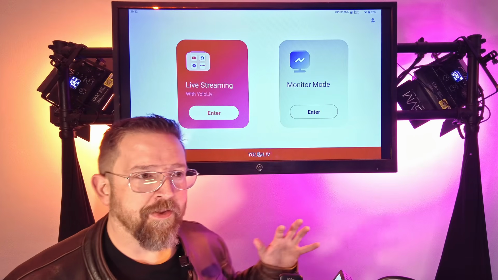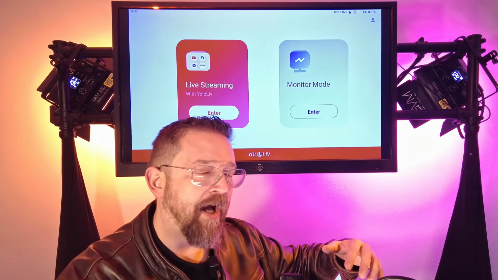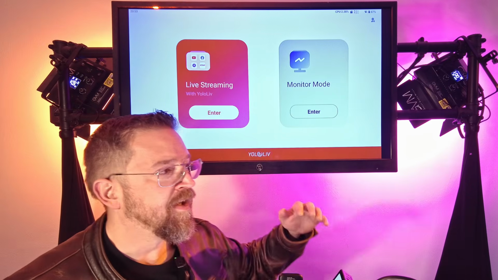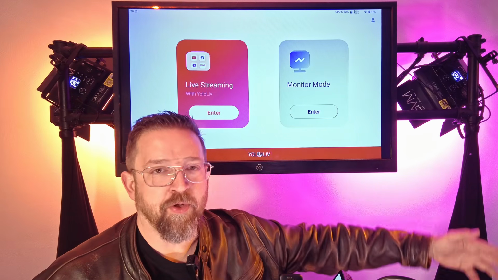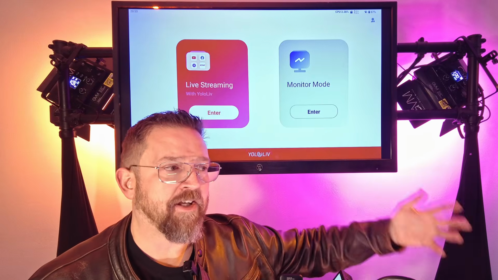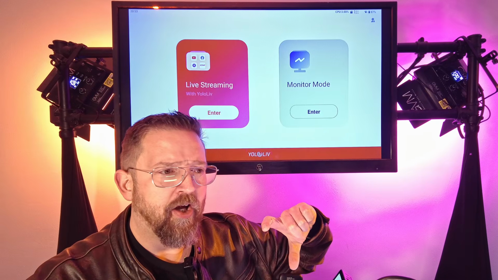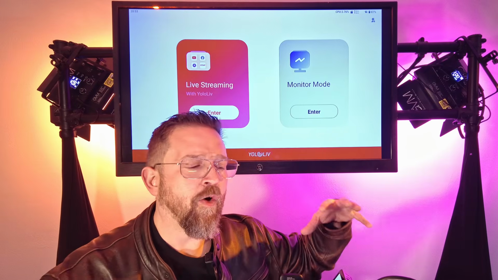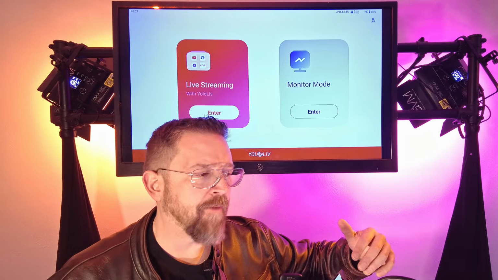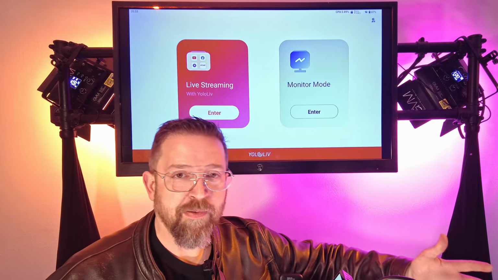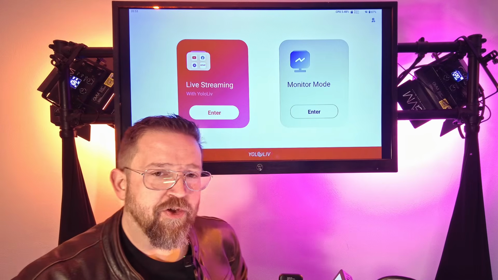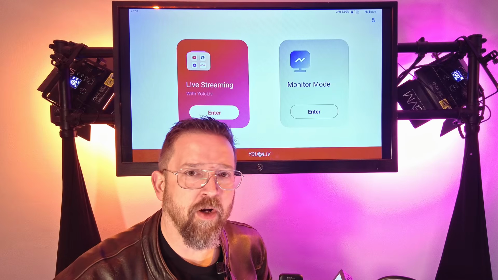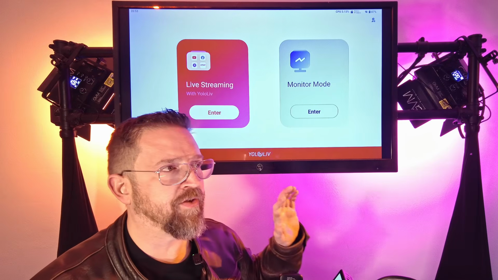Why is that important? Well, YoloBox, just like other live streaming devices, often has video outputs. So if you're streaming your video output somewhere to a data collection device like the Atomos Ninja V with the docking, so it can record a whole bunch of stuff, or if you're trying to record internally for a backup, you might be streaming your output somewhere. Well, if you're streaming that output and then connecting it to a camera to stream back in,